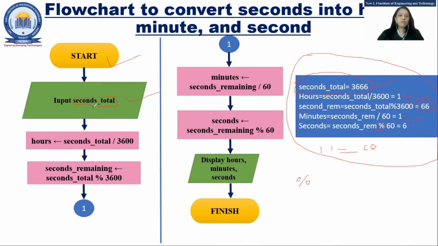Fine. So now what happened? Input, right? Then what is the next step to count the hours? So hours equal to what? Just divide by 3600. That is the seconds for 1 hour. So it will give you hours, that is 1. Now another process. See, this process I have not written in one rectangle. It will be divided into as many processes as you have, each in a separate rectangle. Another is seconds remaining. Here the same variable is used.